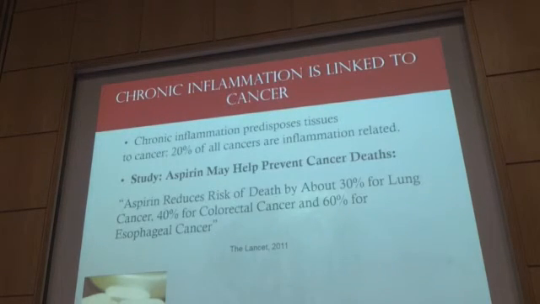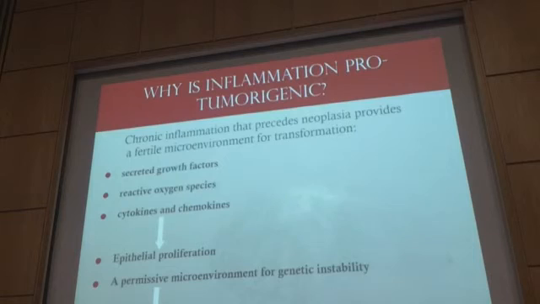Okay, so the question is why? This is something that I can talk about for a lot, because my research is about inflammation and cancer, but I'm going to do it short. So why actually is inflammation pro-tumorigenic? We can take everything we learned and think about it. If we have a tissue where there's inflammation, we have a lot of secretion of growth factors, because inflammation involves repair. But we also have a lot of reactive oxygen species, cytokines and chemokines. So we basically have an environment where epithelial cells will proliferate in an environment where there's higher risk for